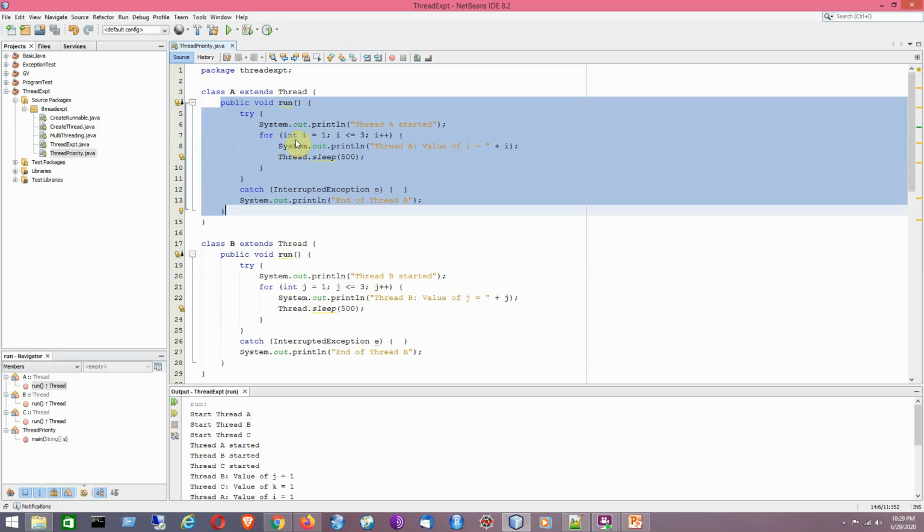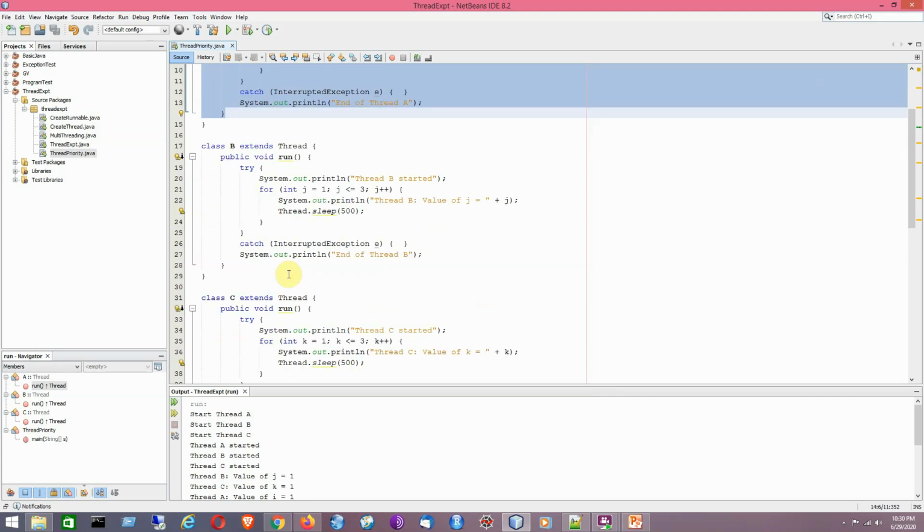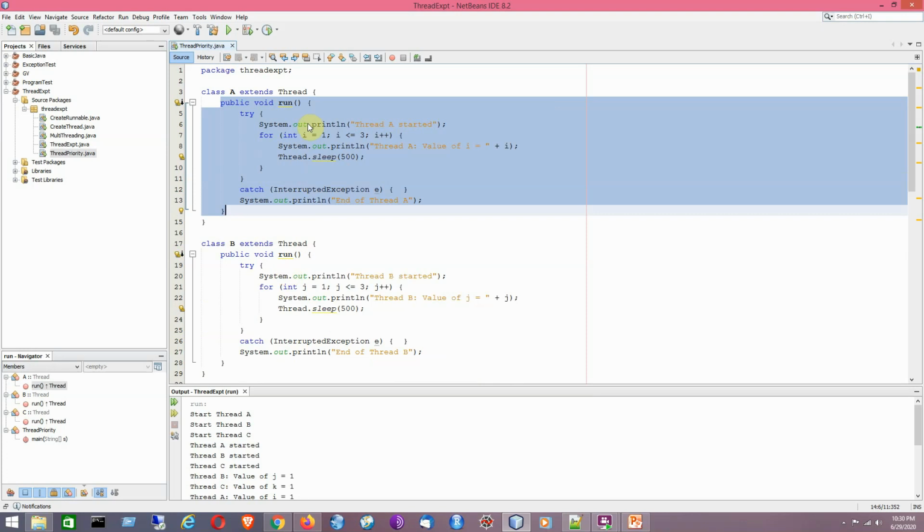That will be printed thrice, that means 3 times. Now I have not provided the constructor here, and the start method call is not provided inside a constructor because there is no constructor to be defined here.